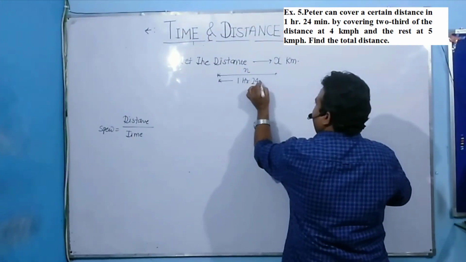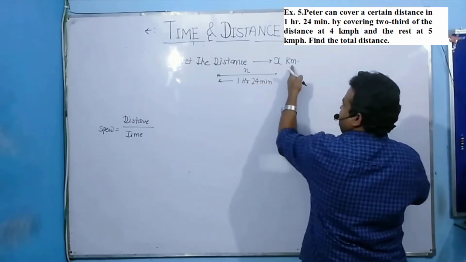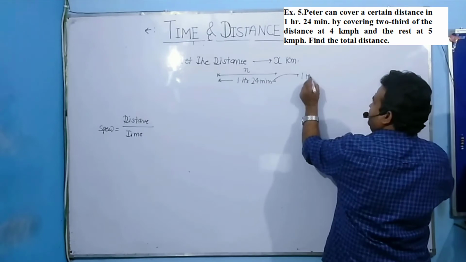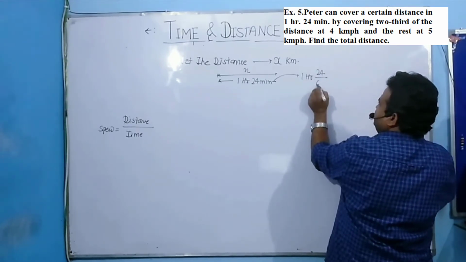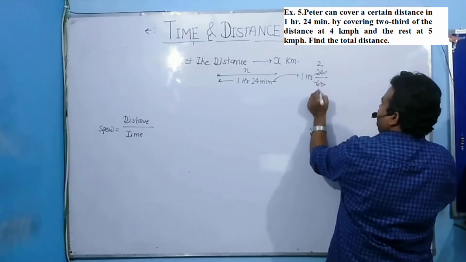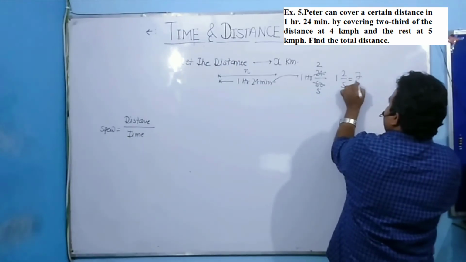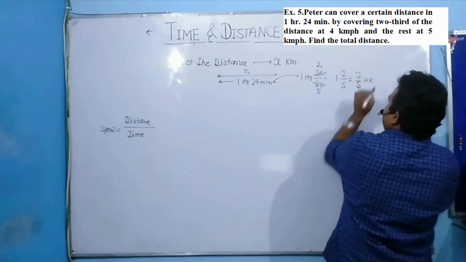1 hour 24 minutes. The distance is in kilometer, so convert this value into hours. So 1 hour 24 minutes is 1 and 24 divided by 60, which is 1 and 2 by 5, so this is 7 by 5 hours. Okay, now